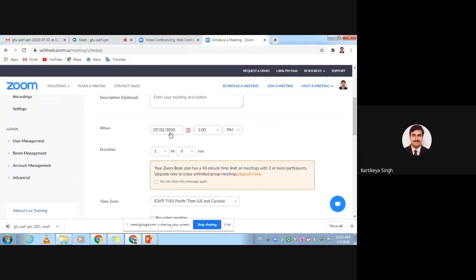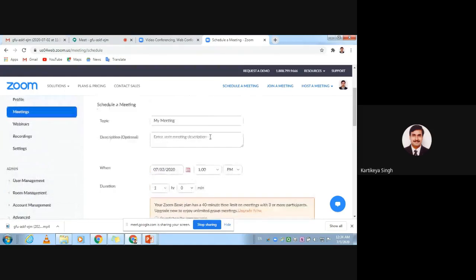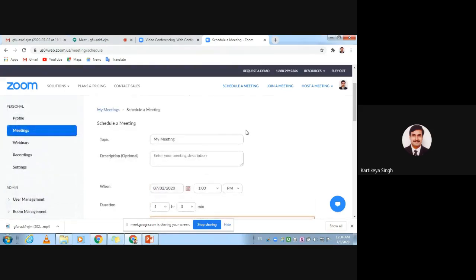This particular meeting is scheduled for 2nd of July, 1 p.m. It has already passed by. So as per our choice, we can select time, date, and AM or PM here, and we can fix the lecture. If we are going to schedule a meeting for students, we can do it from this particular platform. Once you have saved your meeting, you can directly go to the meeting settings and start your meeting from there. But I'm going to start through host a meeting, because I'm not going to join a meeting, I'm going to host a meeting. So I'm going to use host a meeting with video on.